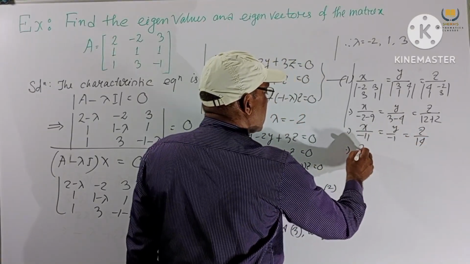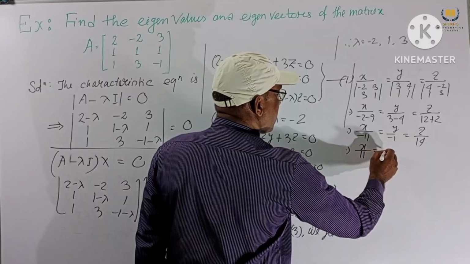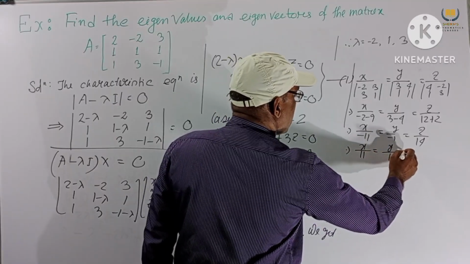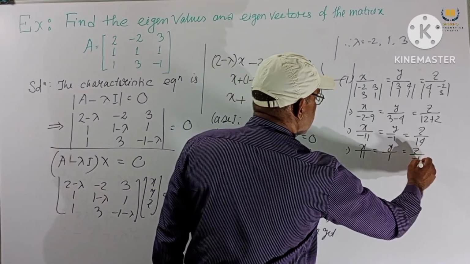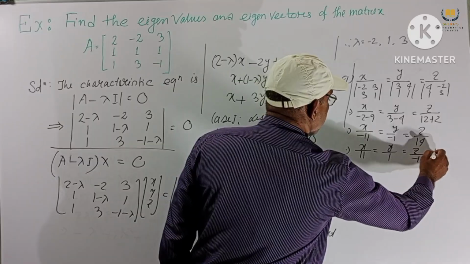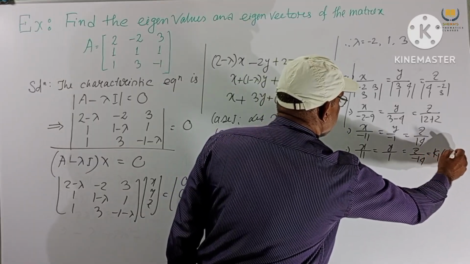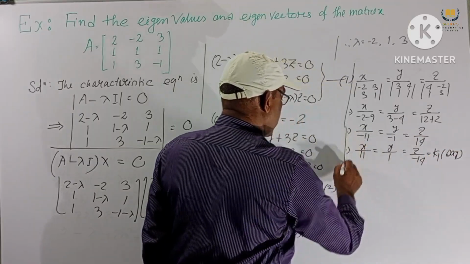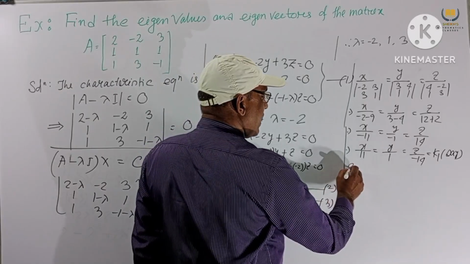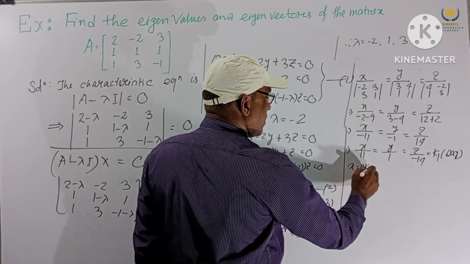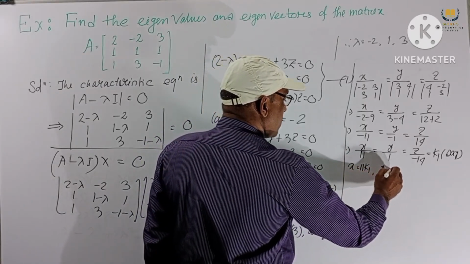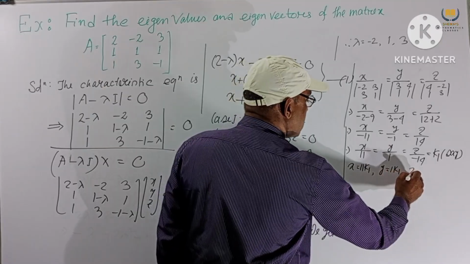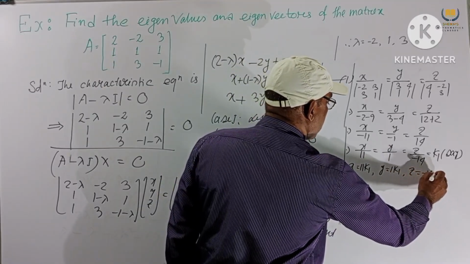This implies x by 11, multiplying by minus sign, 1, z by minus 14. This equals k1, say. So we get x equal to 11 k1, y equal to 1 k1, z equal to minus 14